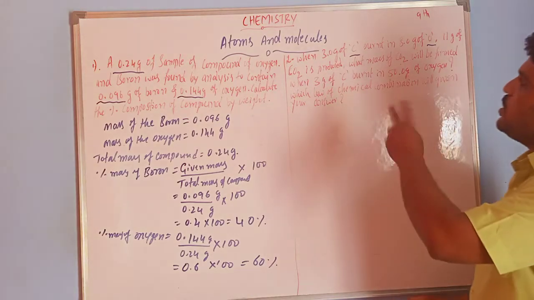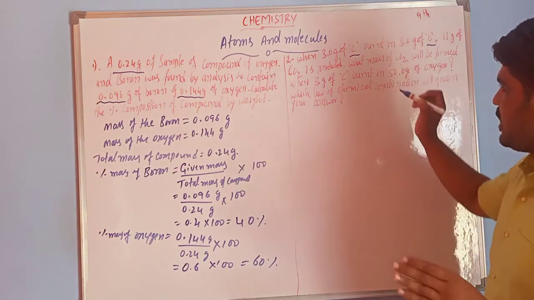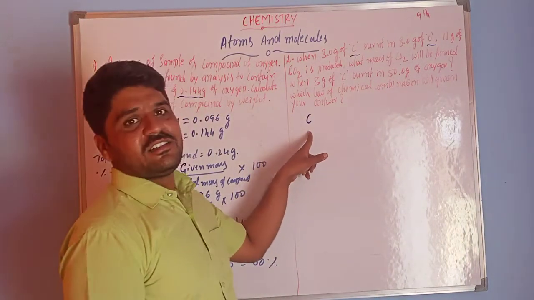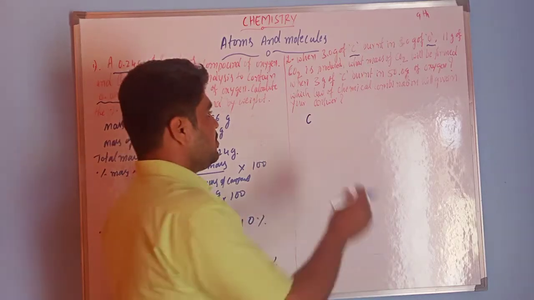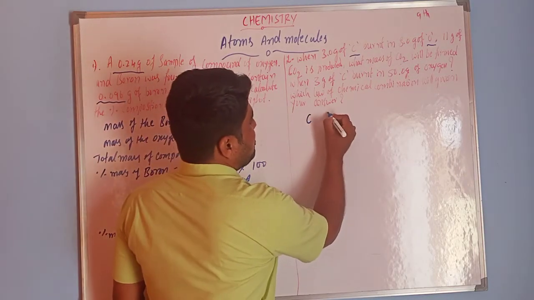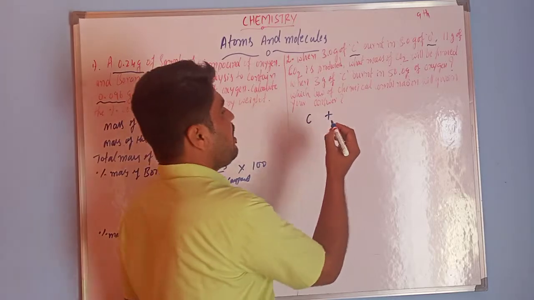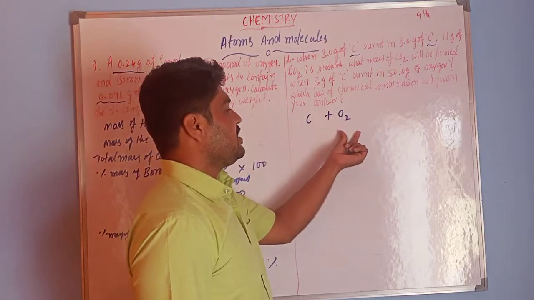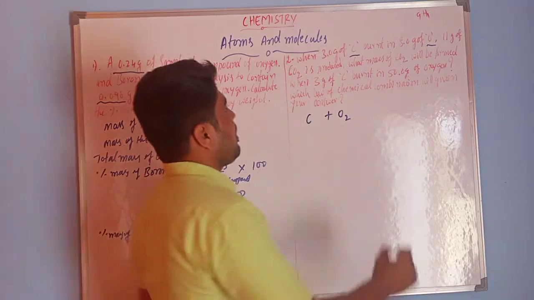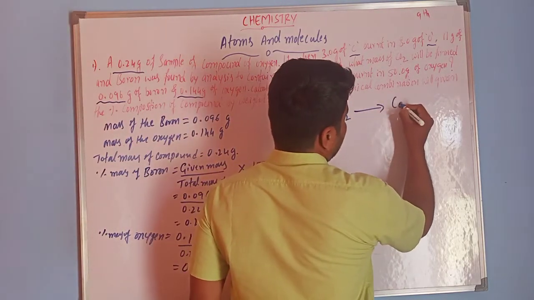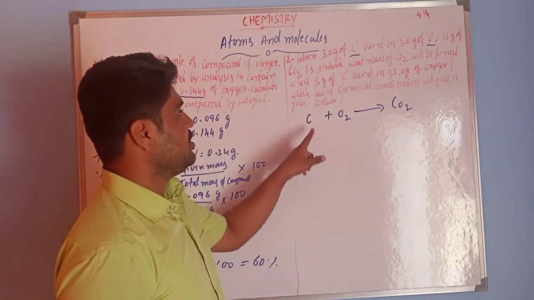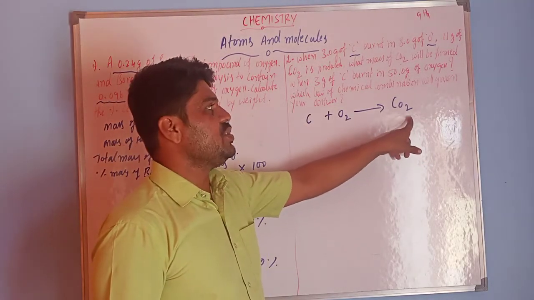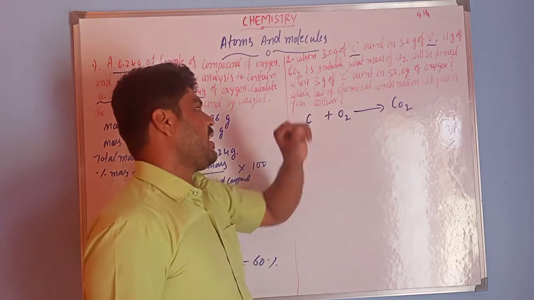In this we have two sub questions. First they give the information. The carbon symbol is C. This C means carbon burnt with, or reacts with, oxygen, O2. So this carbon reacts with oxygen, and it produces carbon dioxide. So this is carbon, this is oxygen, and this is carbon dioxide. CO2 is the chemical formula for carbon dioxide.